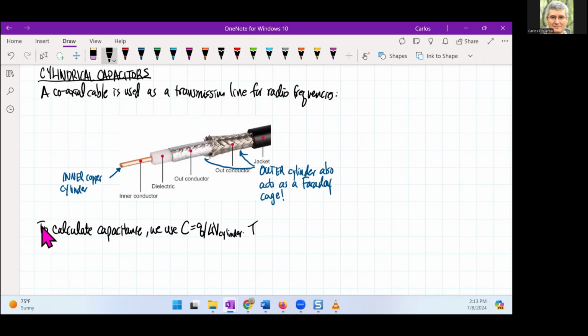So the Gaussian of a charged cylinder is like this. I'm going to have a rod,